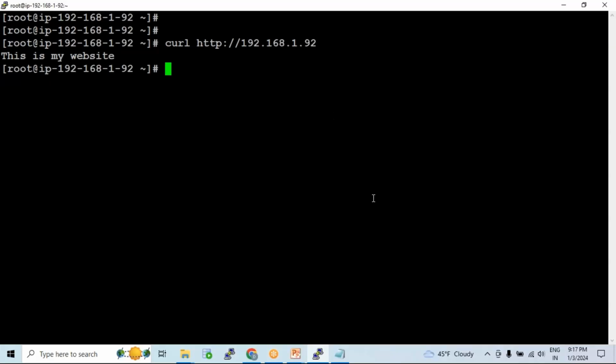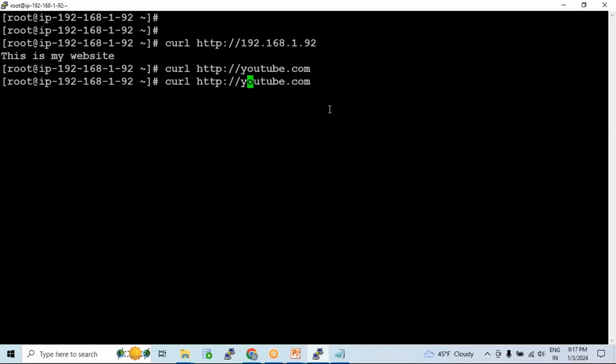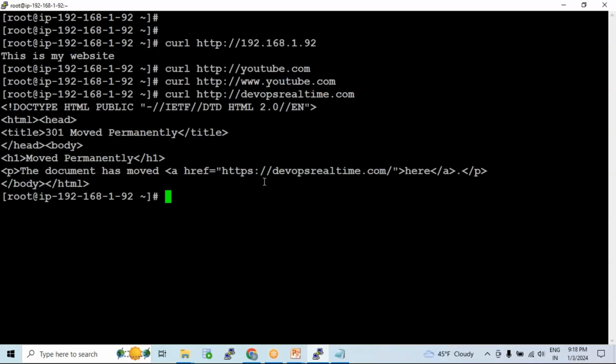Right, so if your website has images and videos, rather than showing the images and videos, curl will show you the HTML code if you are accessing it from the curl command. Let's say curl http://youtube.com. Why is it not coming? Maybe they have disabled this request. http://